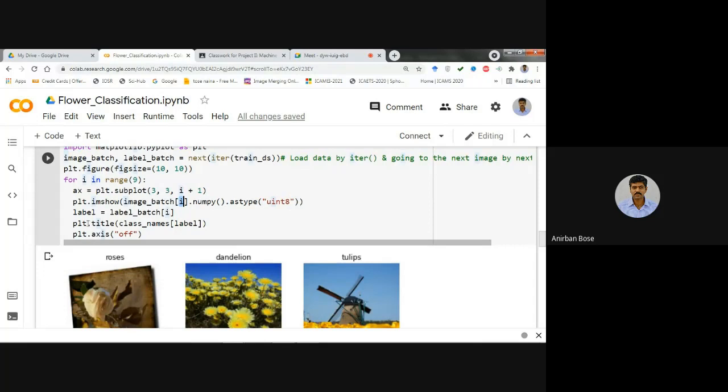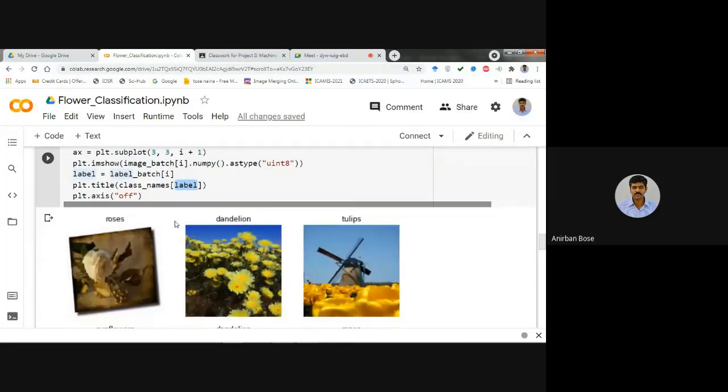Okay, and finally you use the title, and in the title you see class_names, because within class_names you know that all the different classes are there, and here label is written within that list. That means whichever particular index you want to know, the corresponding figure. Okay, the label, 0, 1, 2 label is basically like that.